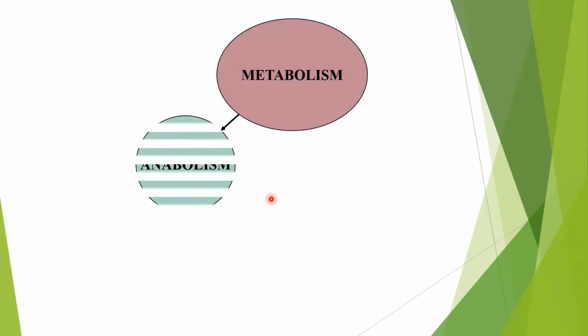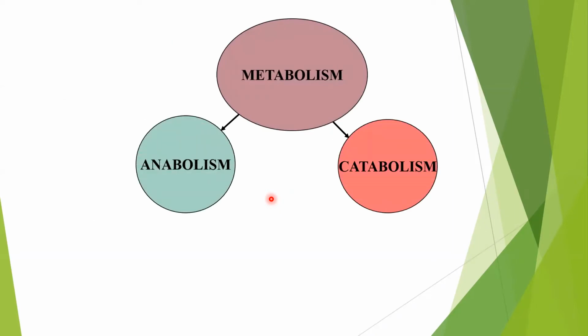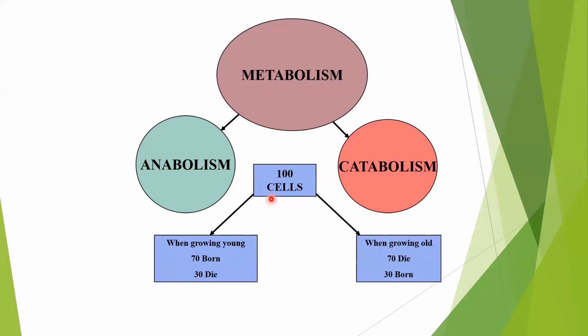Now, if you have to understand further, metabolism is divided into 2 parts, anabolism and catabolism. Anabolism means birth of new cells in layman's terms, and catabolism is death of cells. So let's say there is a baby, a small infant growing into an adult. At that time anabolism is more. It means out of 100 cells, 70 cells are born and 30 die. But in catabolism, the reverse process happens: 70 die and 30 are born. And usually it is said that after the age of 28, 30, the catabolic processes start becoming faster, and that is one of the primary reasons why our organs start degenerating or decaying.